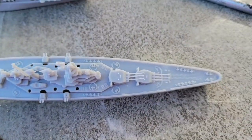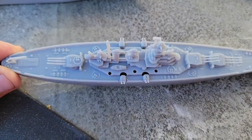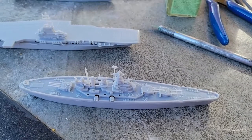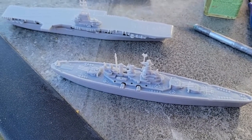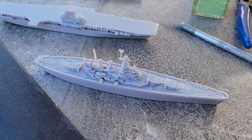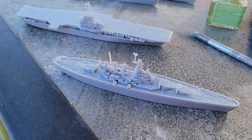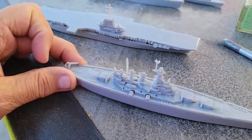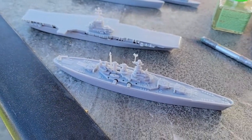And this is configured as World War II, with all the guns and whatnot on it. And what's funny is the ship that this represents was not decommissioned, but put into the reserve in '47. So it wasn't even thought of in the 50s. Why they didn't use an Iowa class or something, I don't know. But anyway,